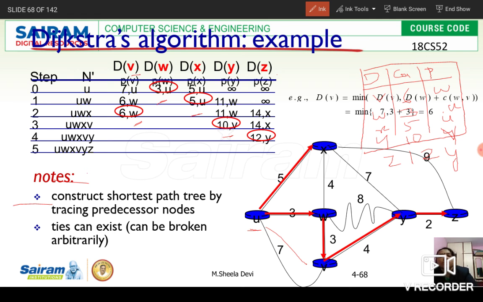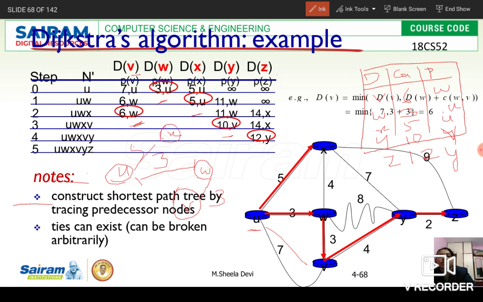With the help of this, how can we draw the shortest path tree? See here, from U to V. To V, how can we reach? We said to V, through W is the cheapest path. So first I have to go to W and from W to V. What is the cost to reach W? It is 3, and to reach V is 3. Next, how will we reach W? It is directly connected, so W. Then X, how are we going to reach? Through U. U is also directly connected, so X.